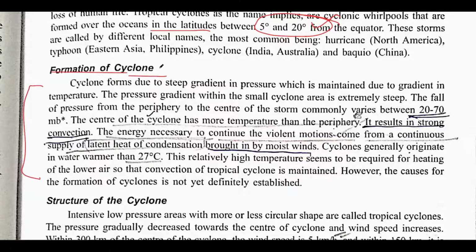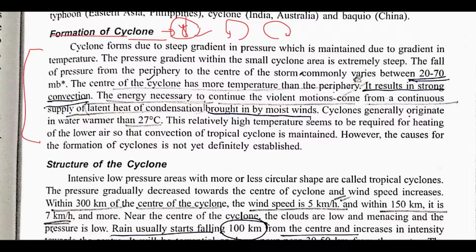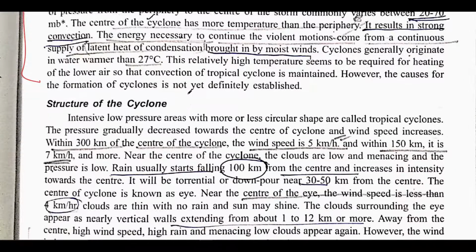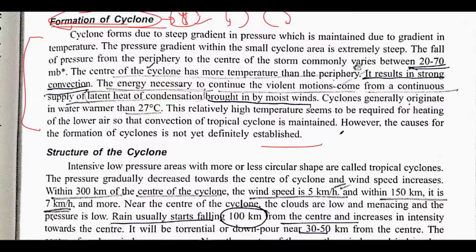You can go through a YouTube video; there are numerous videos on how cyclone formation occurs. Just remember that in India, in the northern hemisphere, the movement of a cyclone is anti-clockwise, while in the southern hemisphere it is clockwise. For formation of a cyclone, refer to a YouTube video, it would be much more helpful than going through all this. But remember these statements, like the fall of pressure from the periphery to the center of the storm varies